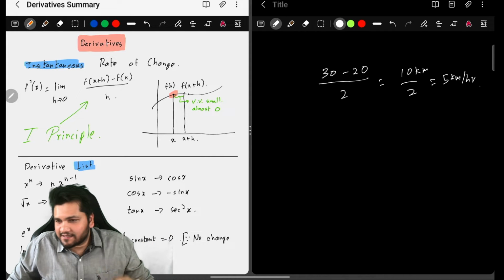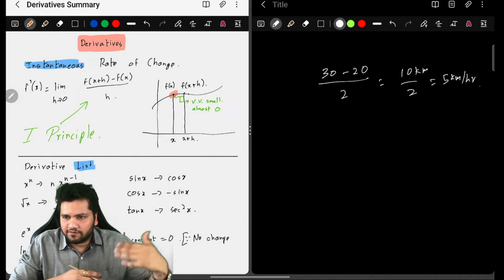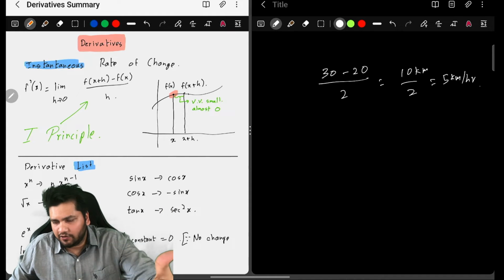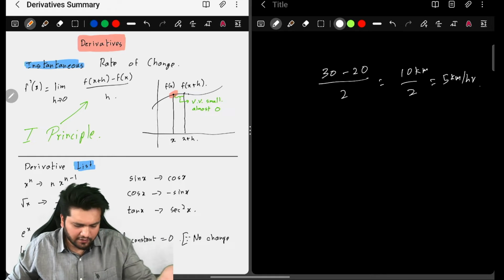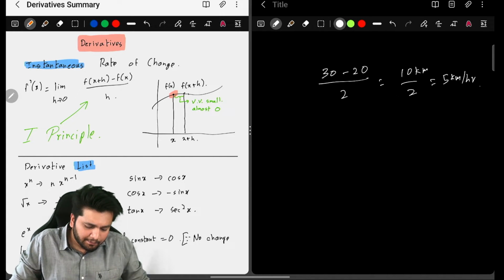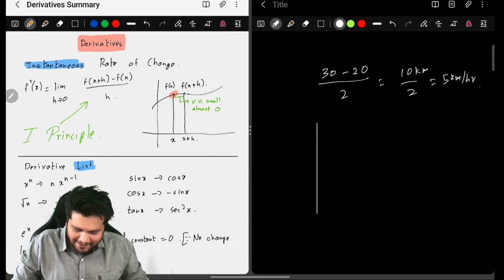Now this is not instantaneous, because we took a lot of time, 2 hours, going from 20 kilometers to 30 kilometers. So we travel 10 kilometers in 2 hours, which is 5 kilometers per hour, which is nothing but the speed or velocity, whatever you want to say. But when it comes to a derivative, it is the instantaneous rate of change. Meaning, let's say there is this curve